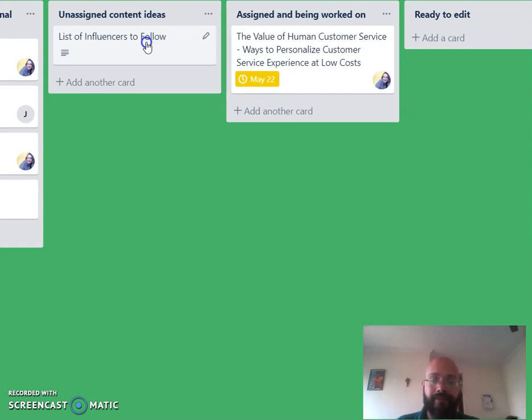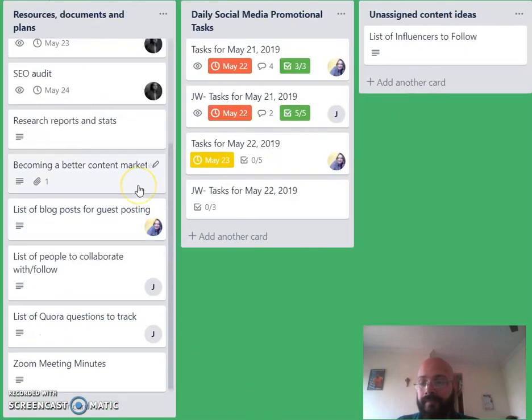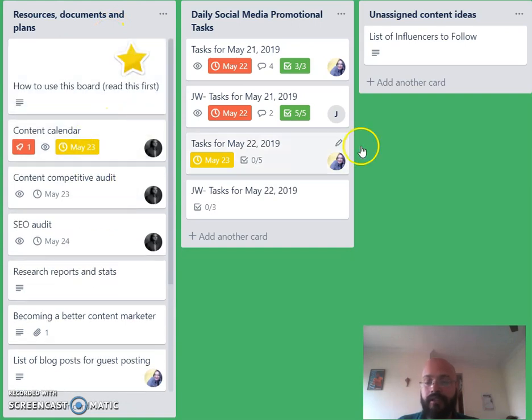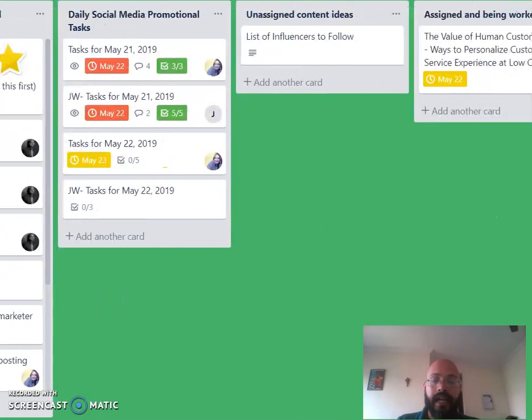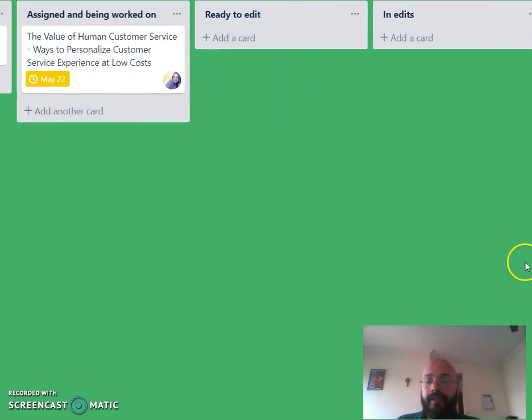Once we have a list of all these unassigned content ideas, I'm going to be pulling things into the editorial calendar. I have an editorial calendar, if you can see here, the content calendar. So I'm going to be putting a lot of these things into the content calendar, and then I'm going to be assigning it to my team. So somebody is already working on this particular blog post. Once they finish this, they're going to be dragging it